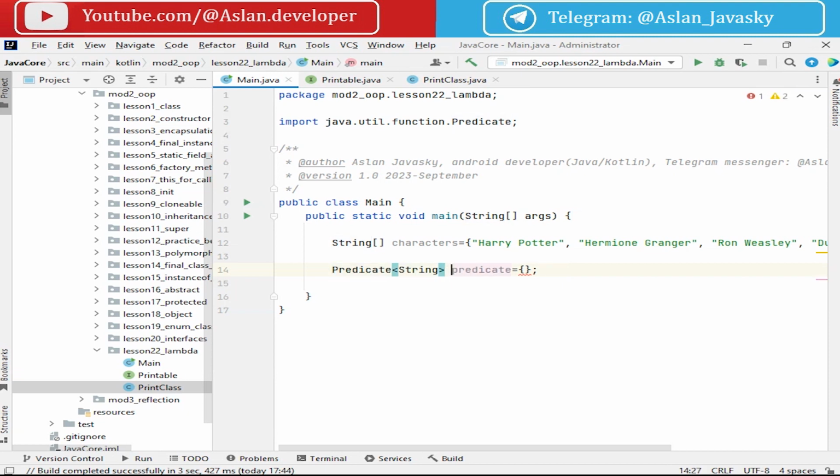We create a predicate. The name of the predicate is hasLetterE, which checks whether a character's name has the letter E or not. And then we write an arrow, and to the left of the arrow we specify the parameters, and to the right of the arrow we use these parameters in some functional instructions. For example, here it will be the character's name